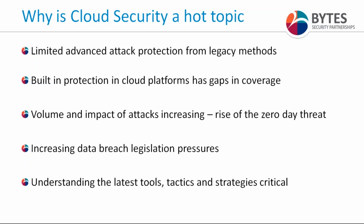There is also limited attack prevention offered from legacy methods such as antivirus, etc. So businesses on-premise have invested heavily in ensuring they have a stronger level of security. However, when moving to the cloud, not every business is actually looking at extending that strong on-premise security to the cloud. At the same time, regardless of where data is hosted, companies are accountable for the security of that data,